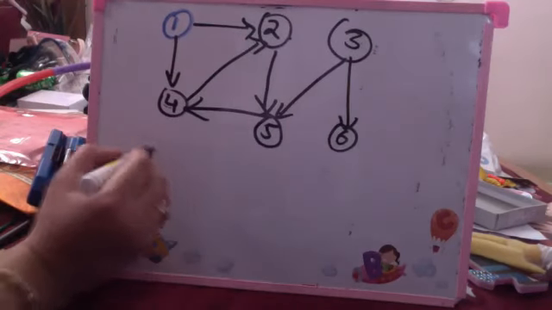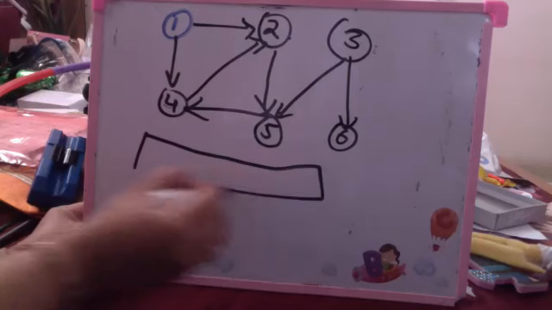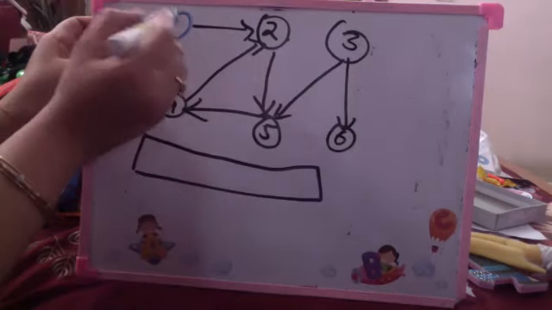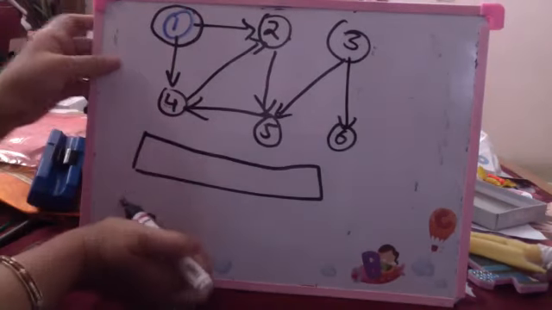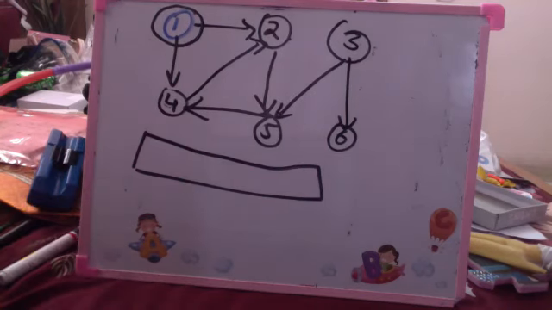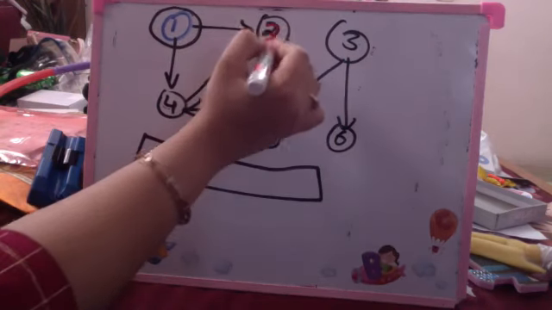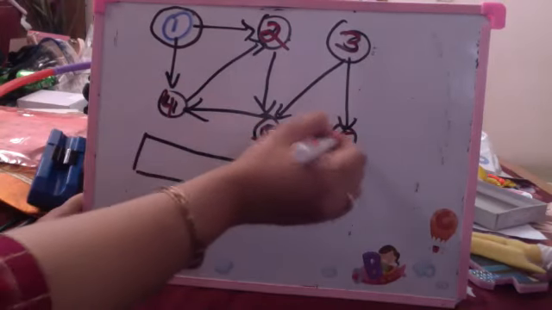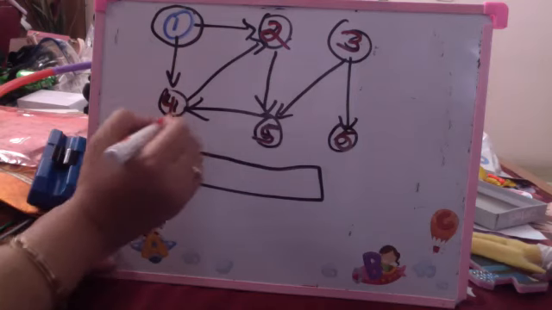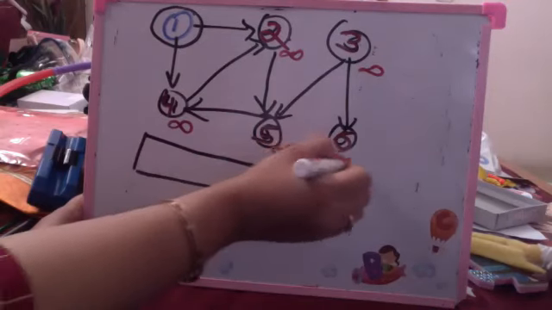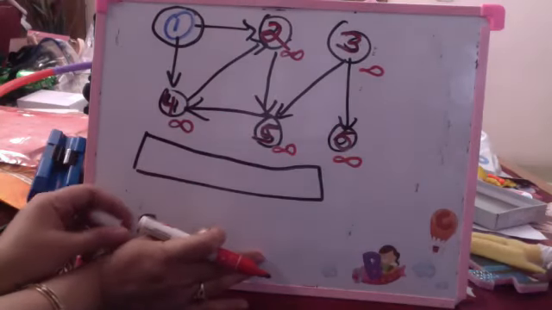Sample graph. Initially what is in Q? Initially there is nothing in Q. The first node is the source. I am beginning with source, which is 1. Now, since my source is 1, I am coloring all others white. Since white will not be visible, I am using red to mark white. All others are white in color. All others have infinite distance from the source, and all others have parent as nil. Is this clear to everyone?